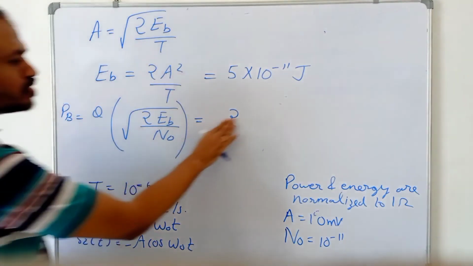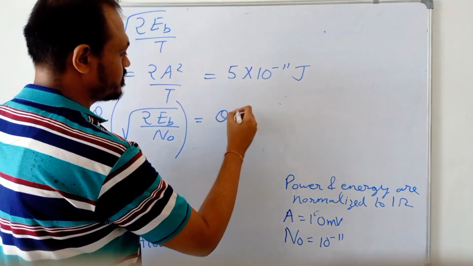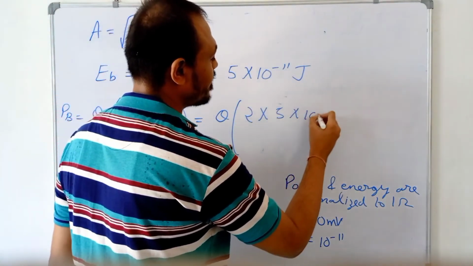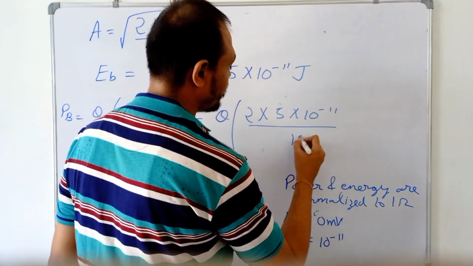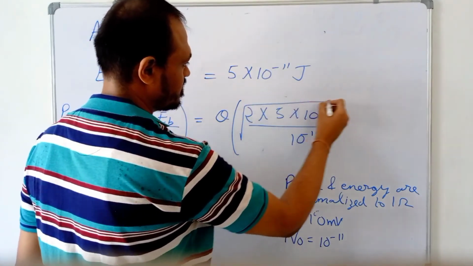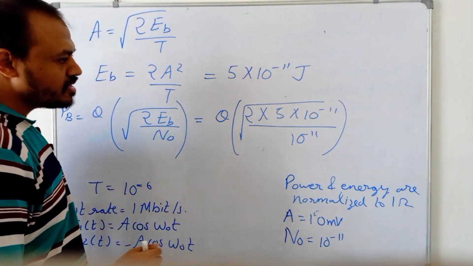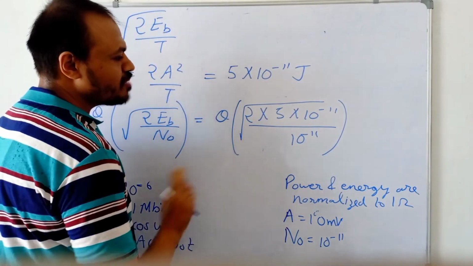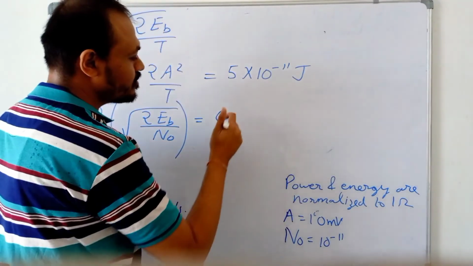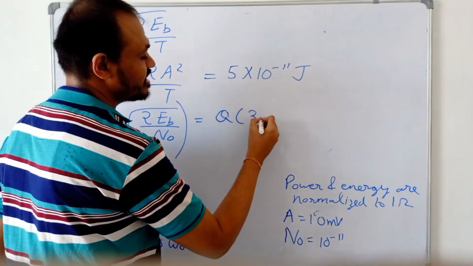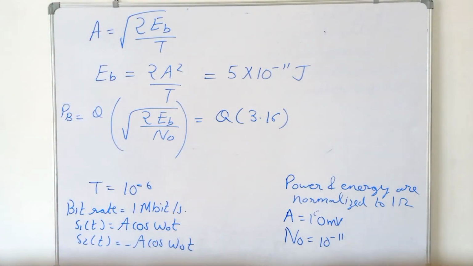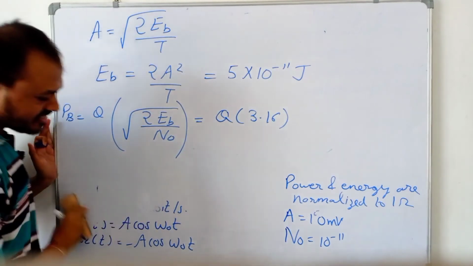So this will be equal to Q function of under root of 2 into 5 into 10 to power minus 11 upon 10 to power minus 11. So 10 to power minus 11 and 10 to power minus 11 will cancel each other. So we will get Q of root 10, and root 10 is 3.16. So we have to find the value of Q function 3.16, where Q of x